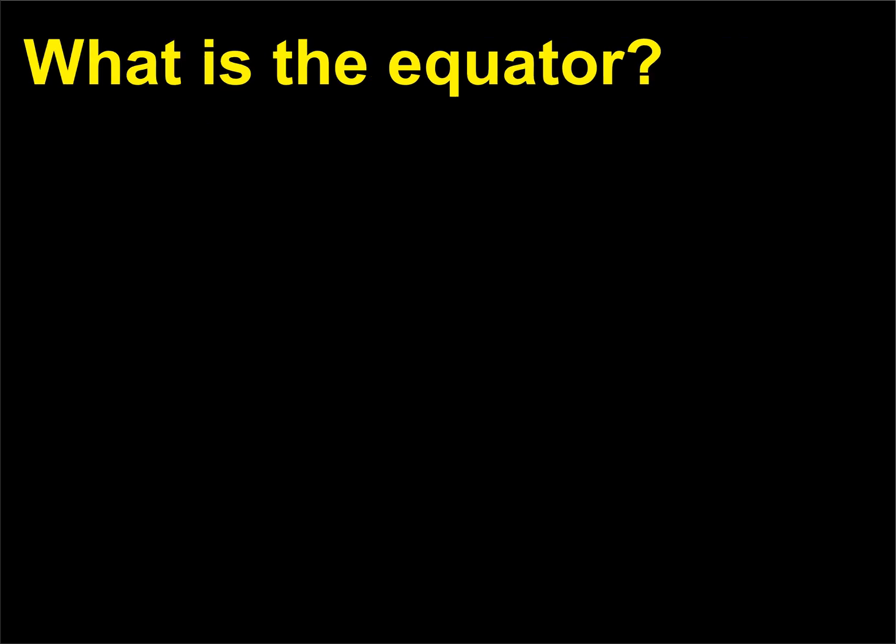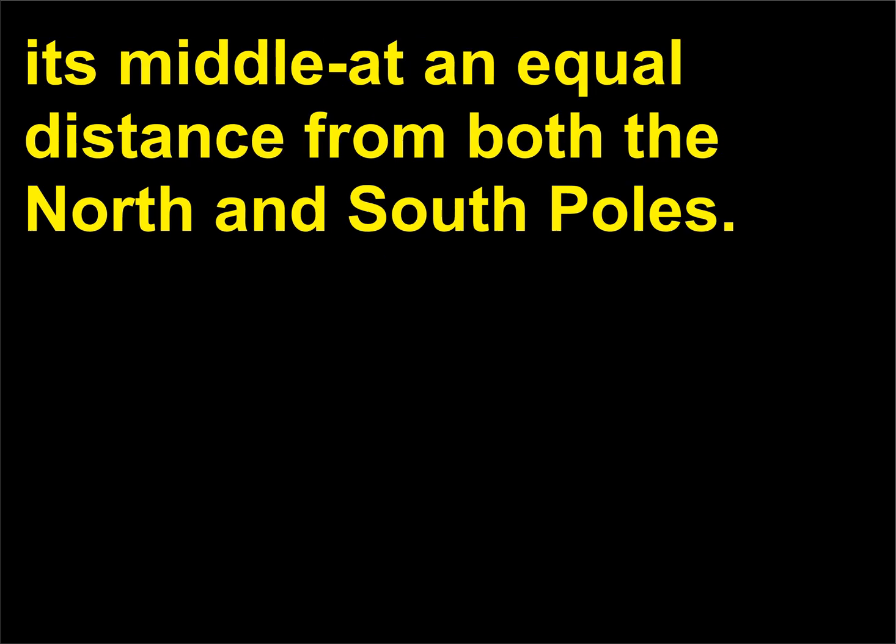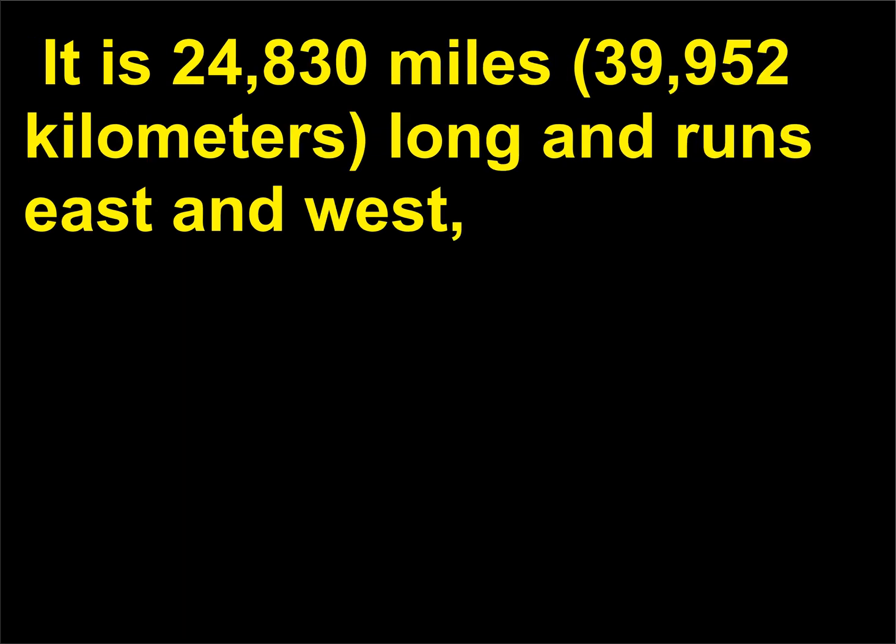What is the equator? The equator is the imaginary line that circles Earth at its widest part around its middle at an equal distance from both the North and South poles. It is 24,830 miles, 39,952 kilometers, long and runs east and west,